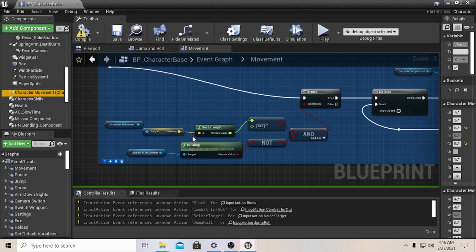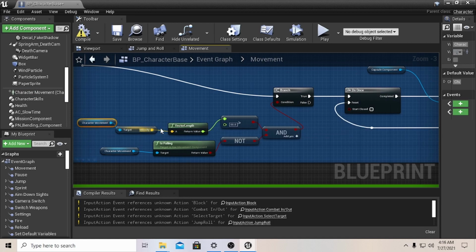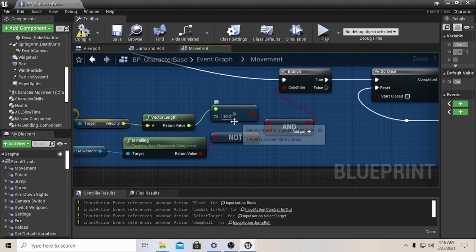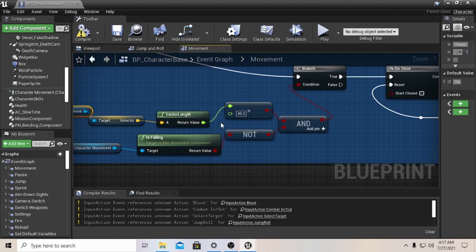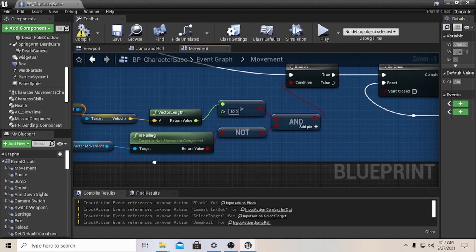And then we're going to grab this. This is the vector length. So this is the length of the movement that you're doing with your controller, however you're controlling your character with keyboard or with your gamepad or however. Now it's saying here that if that movement is greater than 80, so if that vector length is greater than 80, so it doesn't have to be 100, but just 80,